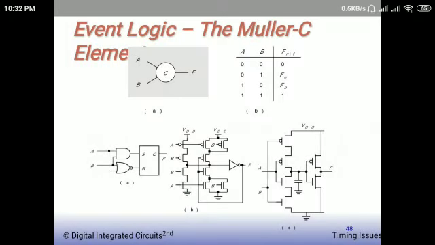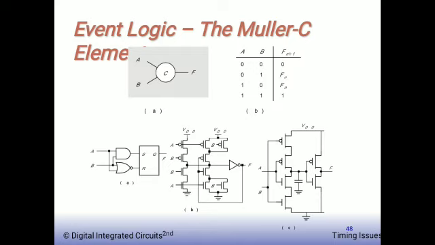The correct operation of the sender receiver system requires a strict ordering of the signaling events as indicated by the arrows in the previous slide in the clock transition diagram. Imposing this order is the task of the handshaking logic, which in a sense performs logic manipulations on events. An essential component of virtually any handshaking module is the Muller C element, as shown in this figure. This is the Muller C element.